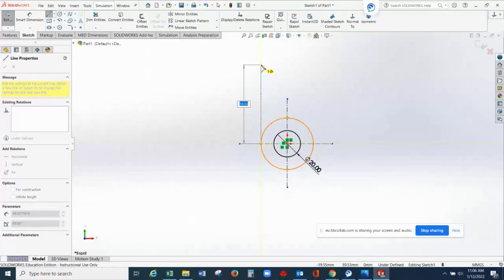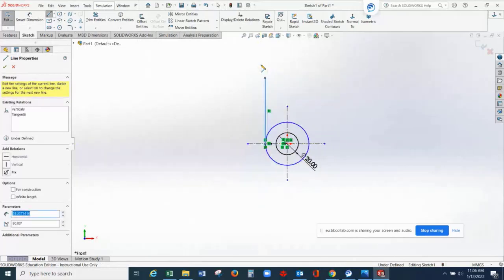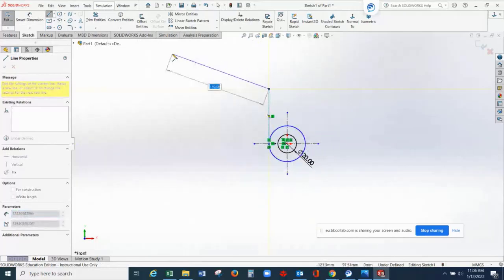Going up at any distance. Okay? Now, on SolidWorks, once you go back to the last point in the line command, it will turn into an arc. You can draw an arc. As you can see here, SolidWorks indicates that you're able to draw a line.